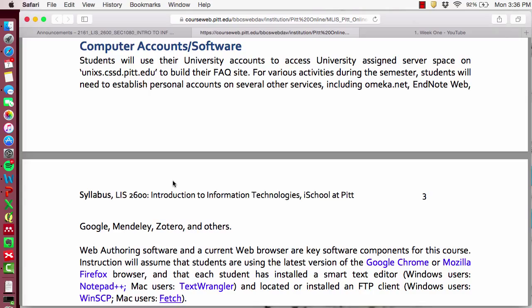Another important aspect of the course is for you to have different pieces of software and accounts with different services in order to engage with the information technologies that are relevant. The first account that is important is your university account. You've already established this account, but you will be